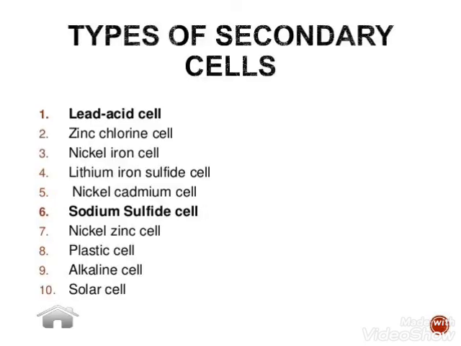Nowadays we have different types of secondary cells available in the market: lead acid cell, zinc chlorine cell, nickel iron cell, lithium iron, nickel cadmium, sodium sulfide, nickel zinc, plastic alkaline, or the solar